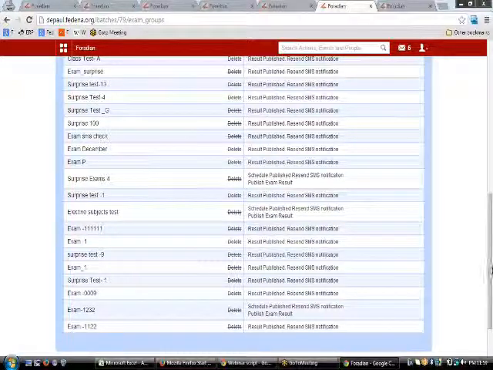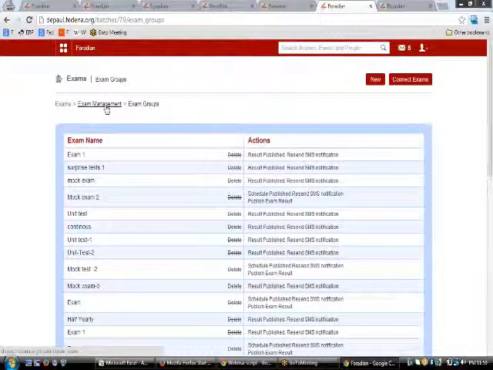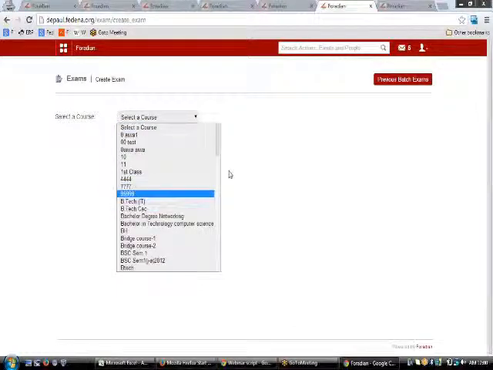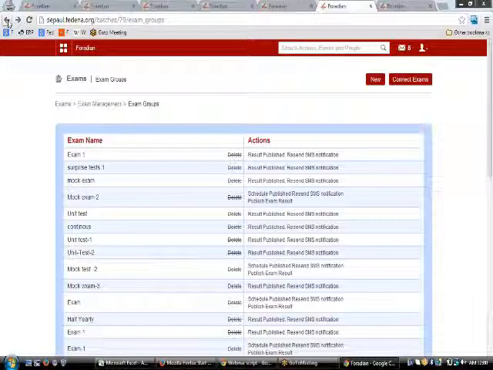So you need to publish the exam schedule there, and then you need to publish the result from here, and then the details regarding the same will be sent via SMS to the students if at all the SMS settings has been used up. So that's basically how these examinations can be created up, and marks can be entered.